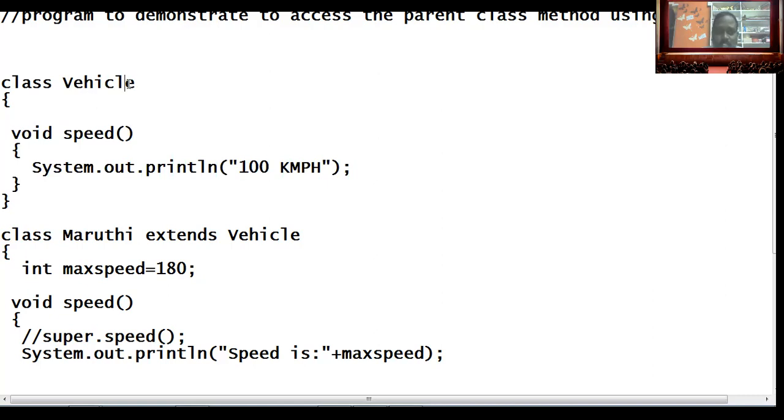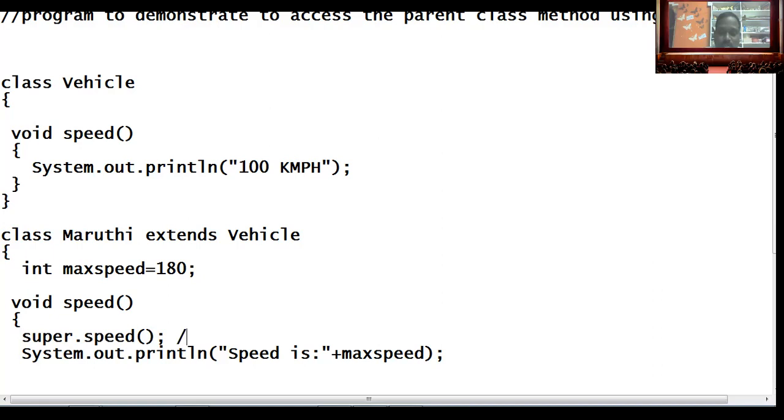Then, if I want to display the statement inside that method in the subclass, so that we can get 100 kilometers per hour, how is it possible? Use this one, super.speed. Super is a keyword, speed is a method.